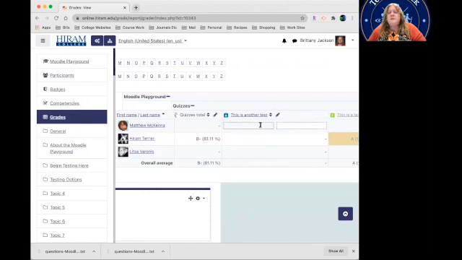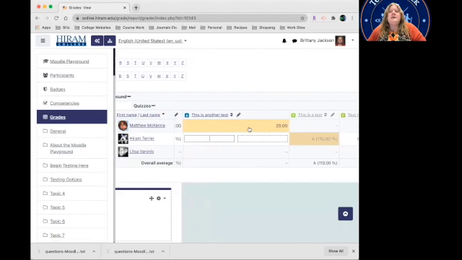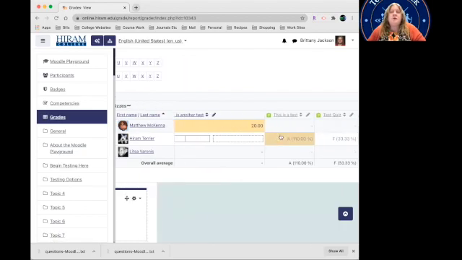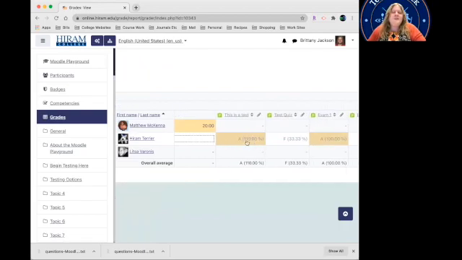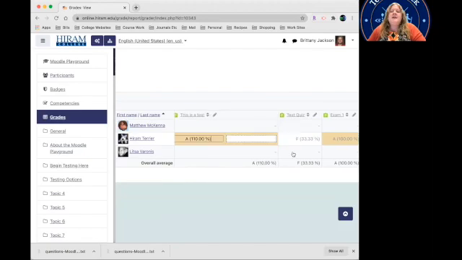So for this one, I'm going to give Matthew 20 points. Now you can see that it's marked in kind of a yellow-orange. That shows it's a manual grading in the gradebook itself. You didn't do it within the assignment. You can see that for the Hiram Terrier, we did that here with this as a test and with exam